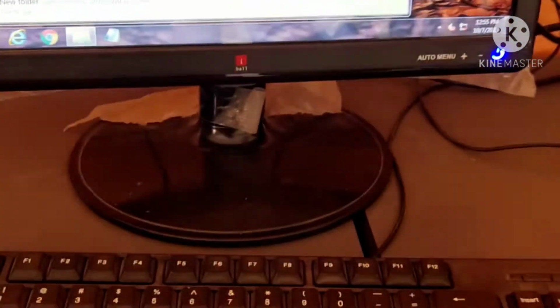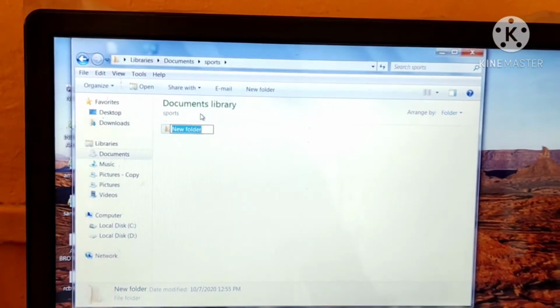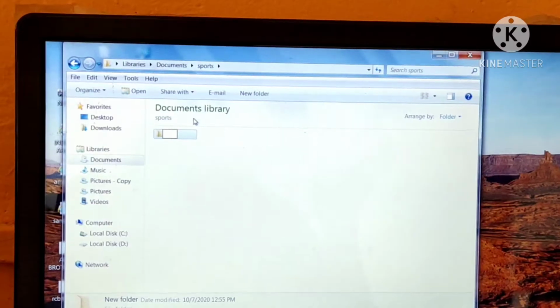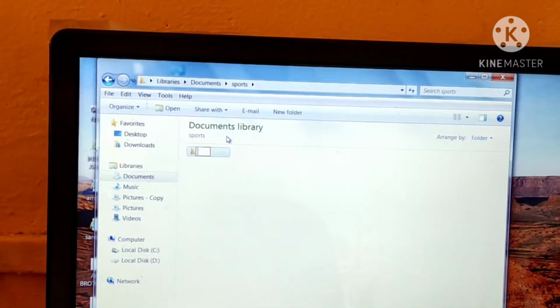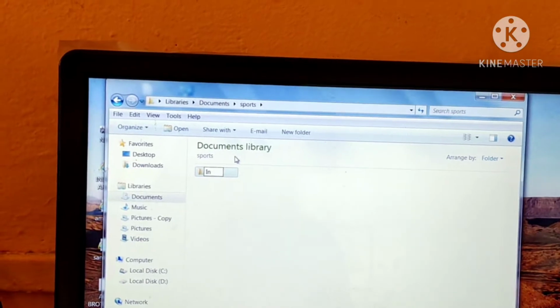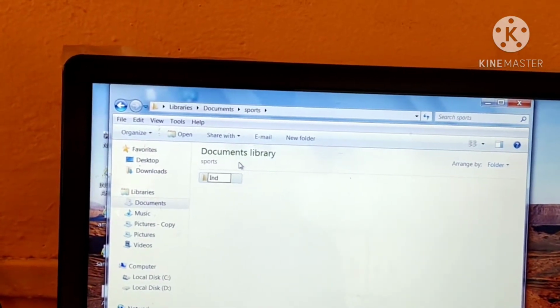Now you can directly start typing, otherwise you can use the backspace key to erase the new folder name and start writing indoor games, because we are creating subfolders in sports. Two subfolders we are going to create. The first one is indoor games and the second one is outdoor games.